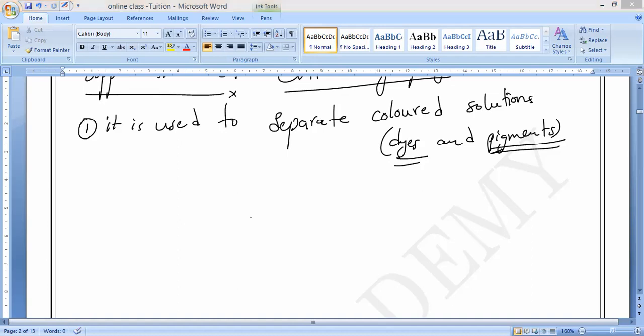Next, the second one is used in forensic science. In a forensic lab, you may notice, when cases like FIR, murder, rape or accidents happen, they will use a forensic report. Suppose somebody is murdered or commits suicide by consuming poison. Then they will say we cannot say anything, either murder or normal; we have to wait for the forensic report, like the post-mortem report. There also they will use this chromatography only. That is the second use, most important.